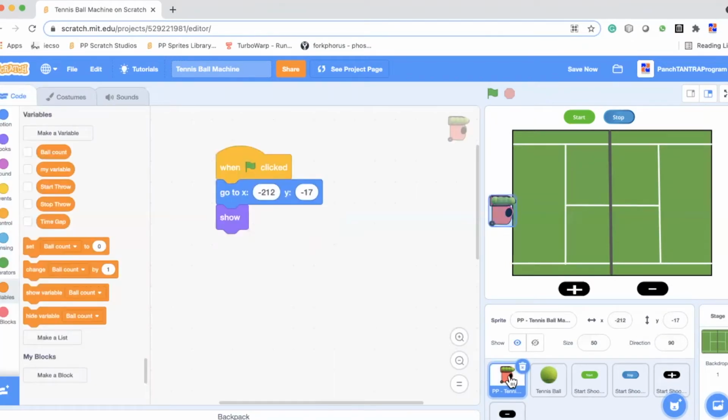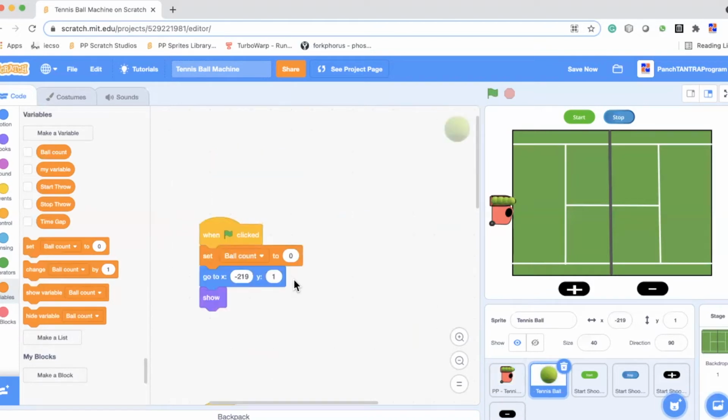So the first thing is our ball popper, the machine. The ball machine really is not doing much here. It just needs to sit here for now. Only when you start giving it some rotation, etc., you'll be adding a lot more code. The bulk of the work is really in the tennis ball.